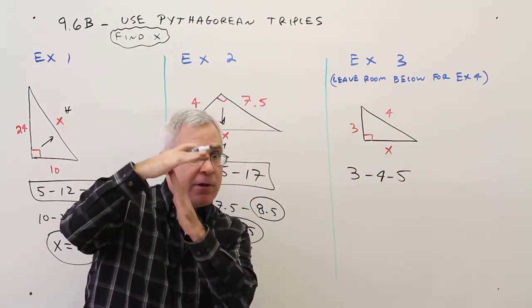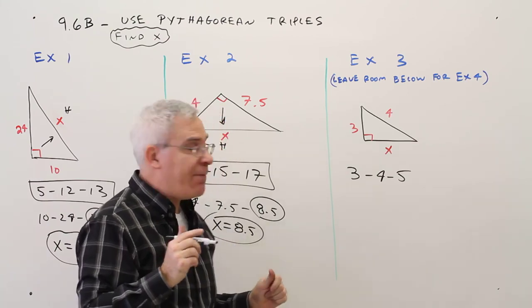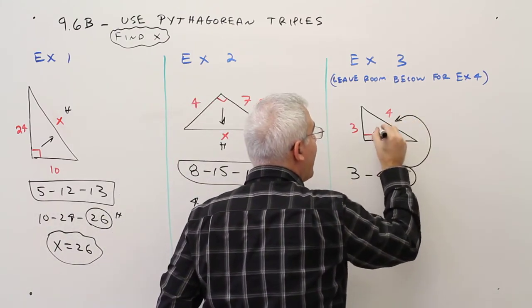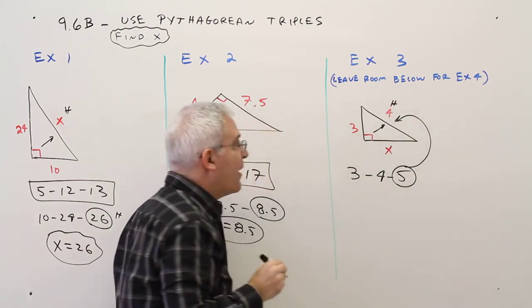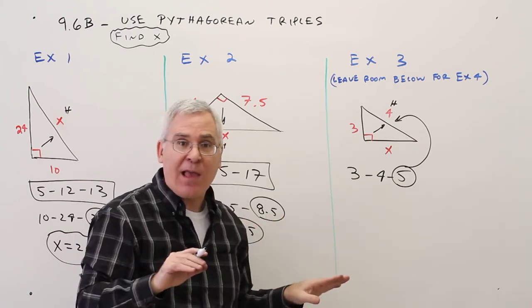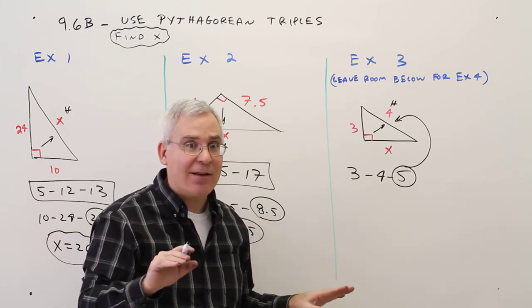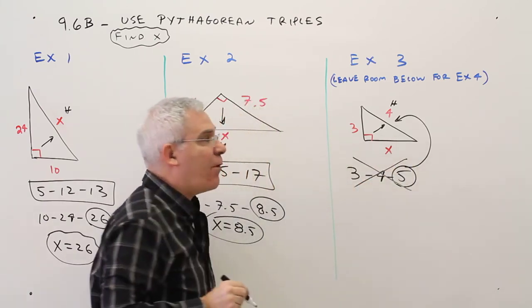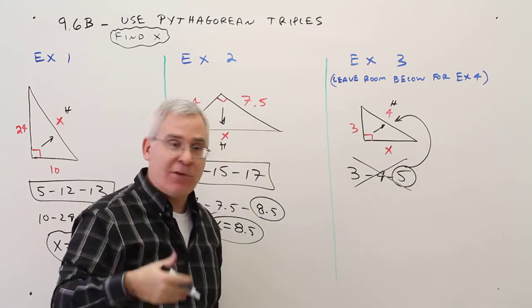But time out. If it were a 3, 4, 5, that 5 would have to be at the hypotenuse. That is not the case here. So even though it looks like it might be a 3, 4, 5, it's not. Okay, so we cannot use the 3, 4, 5 family, so we'll just have to do it old school with